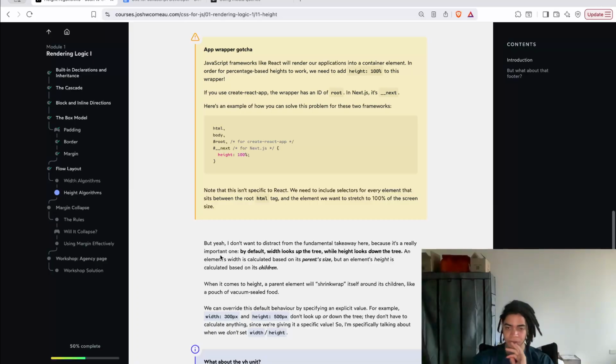One, by default, width looks up the tree, while height looks down the tree. By default, width looks up the tree in a percentage, and height looks down the tree. An element's width is calculated based on its parent's size. An element's height is calculated based on its children. So when it comes to height, a parent element will shrink-wrap itself around its children, like a pouch of